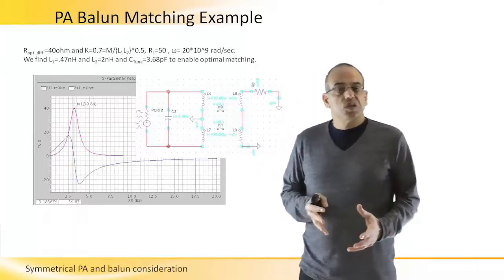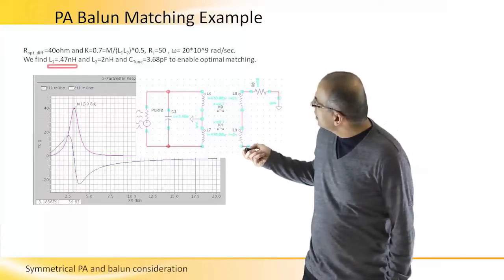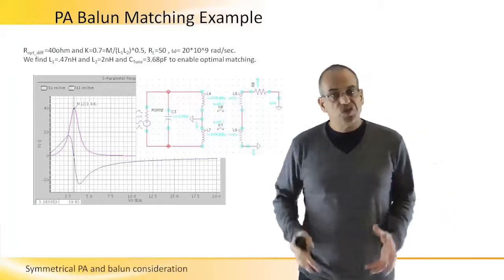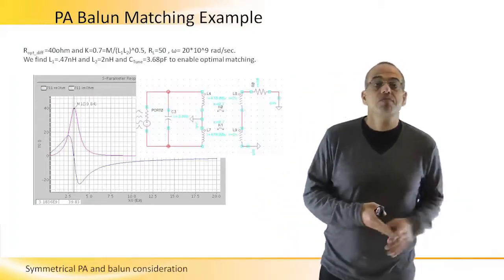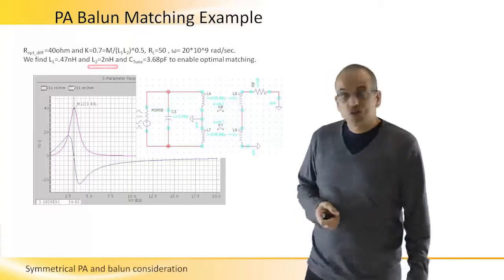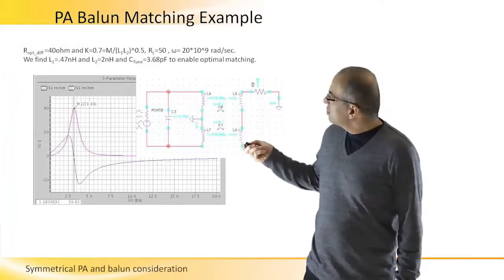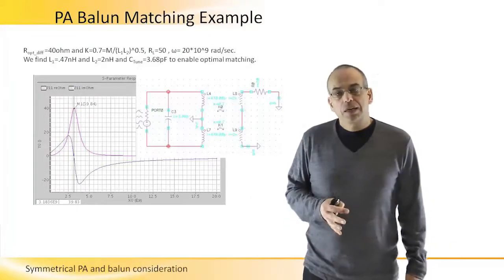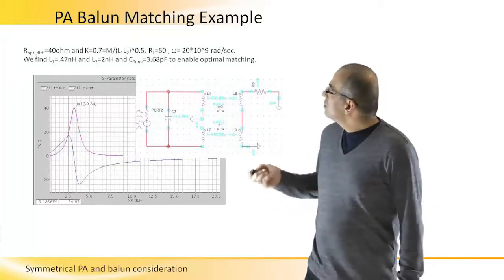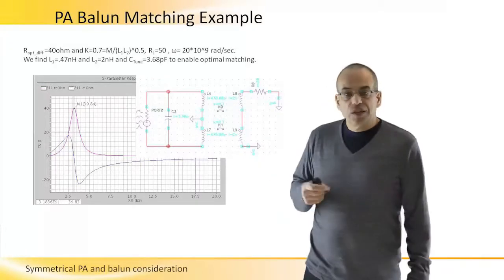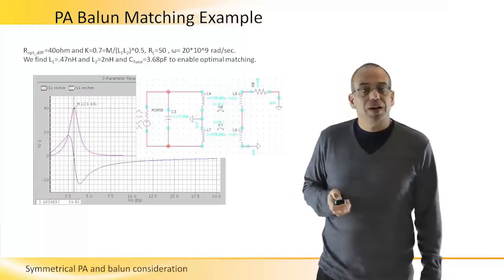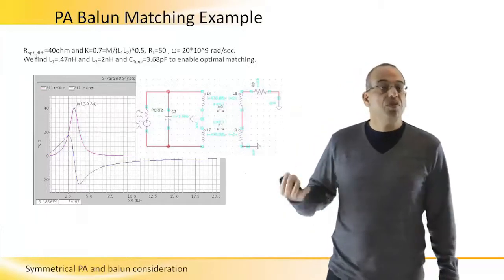If we choose L1, the input inductor, as 0.47 nanohenry, which is a reasonable size to be implemented on RFICs, and L2 would be chosen as 2 nanohenry, we can see that the ratio is about 1 to 4. This means the turn ratio will be 1 to 2, because A is actually n squared. And if we add C-tune of 3.68 picofarad by following the expressions we have developed in the previous slide, we